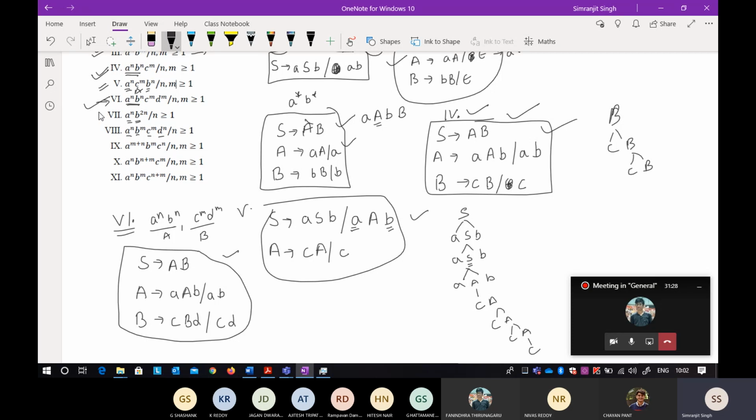Now I think that is a little bit of a different question, the seventh one, because b is raised to power 2n here. So just try it yourself. I think you just have to include bb. Keep that in mind, you have to include bb, but also the n is there. So just tell me how can you solve this one?